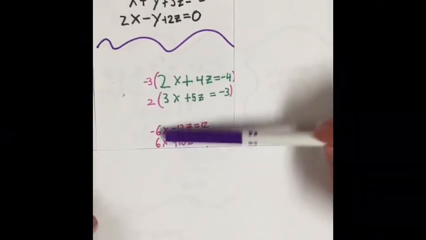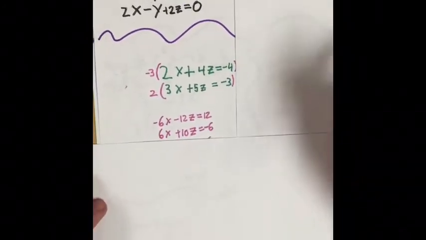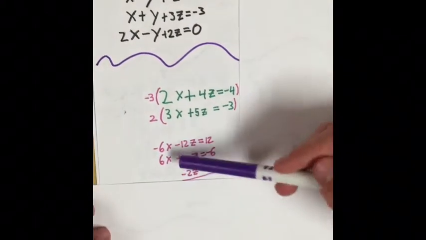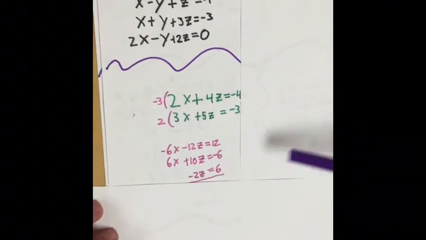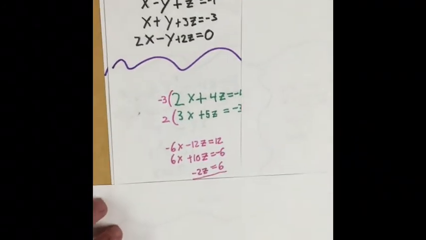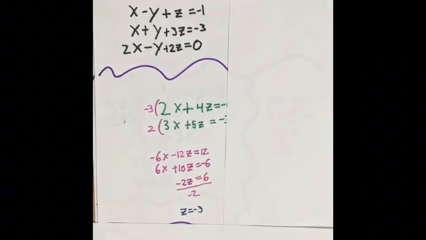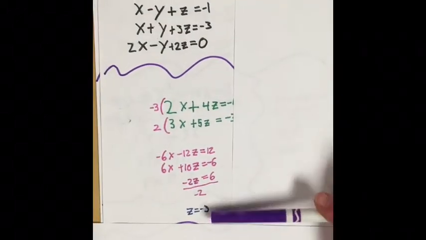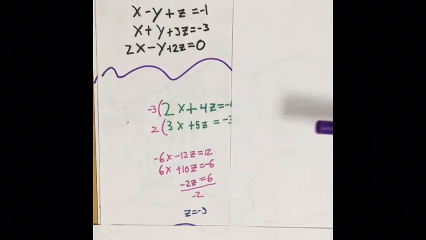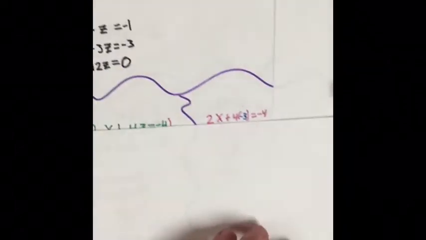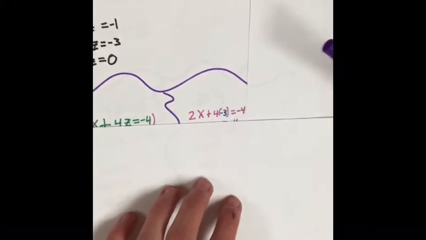And from here, the x's cancel out, giving us 2z, then we add them together, giving us -2z is equal to 6. Divide that by -2. First problem, z is equal to -3. So then with this, we're going to plug z back into this one right here to give us this. So plug -3 back into where z was,